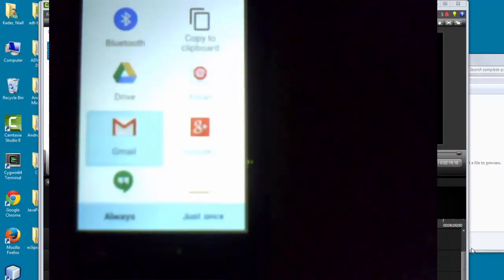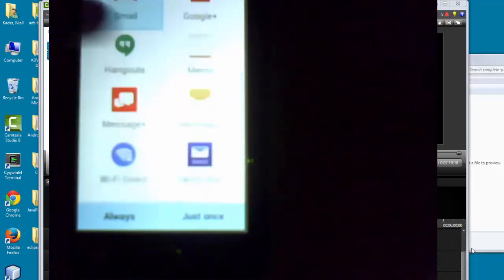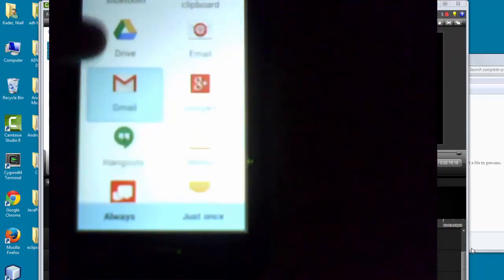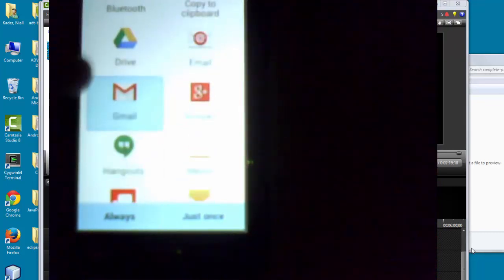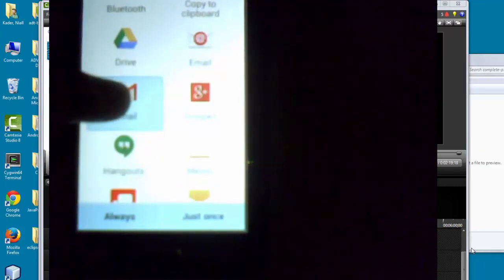I'll hit send here, and now instead of going to the activity like we did before, what I'm presented here is the chooser screen. These are all the apps installed on the phone that know how to deal with this type of intent, and the data type that's in it, which we're going to specify as text. You can see there's quite a few apps, on my phone at least, that know how to deal with these types of intent. So if I just go ahead and hit Gmail right here,